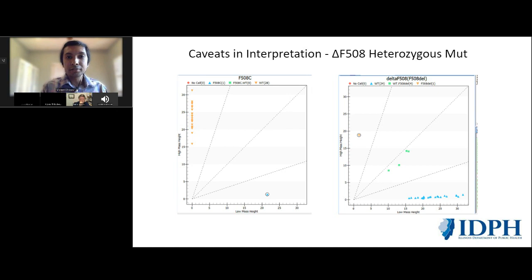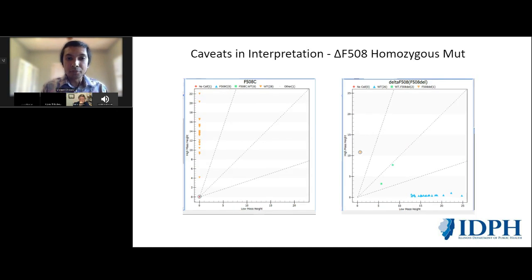This is in contrast to this observation where, in conjunction with this homozygous mutation of delta 508 deletion, you get an amplification failure of the F508C in this same baby. And so in this case, the end result would be a delta 508 homozygous mutation. And so we actually had an issue with this specific mutation. Because F508C is a benign mutation, it's not disease-causing, we had actually initially hidden the results of this specific mutation from the Agena view because